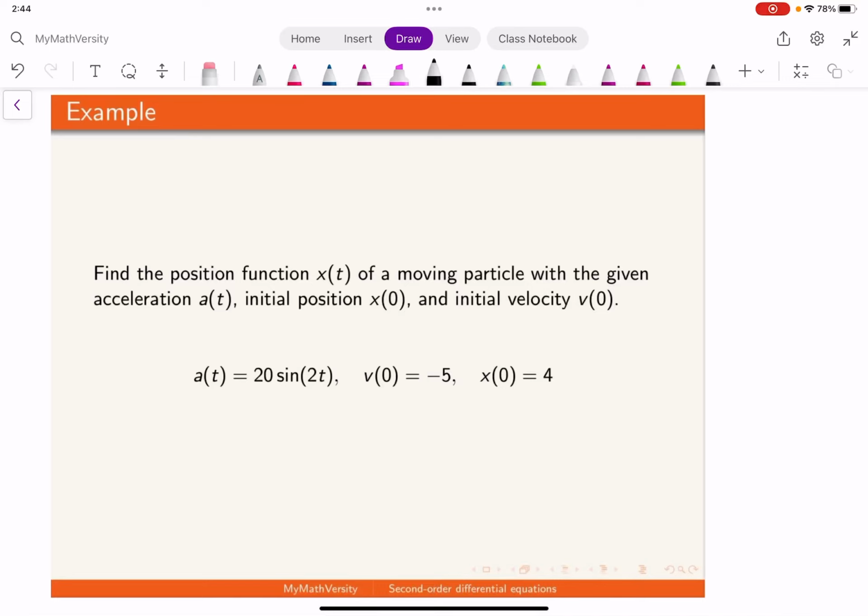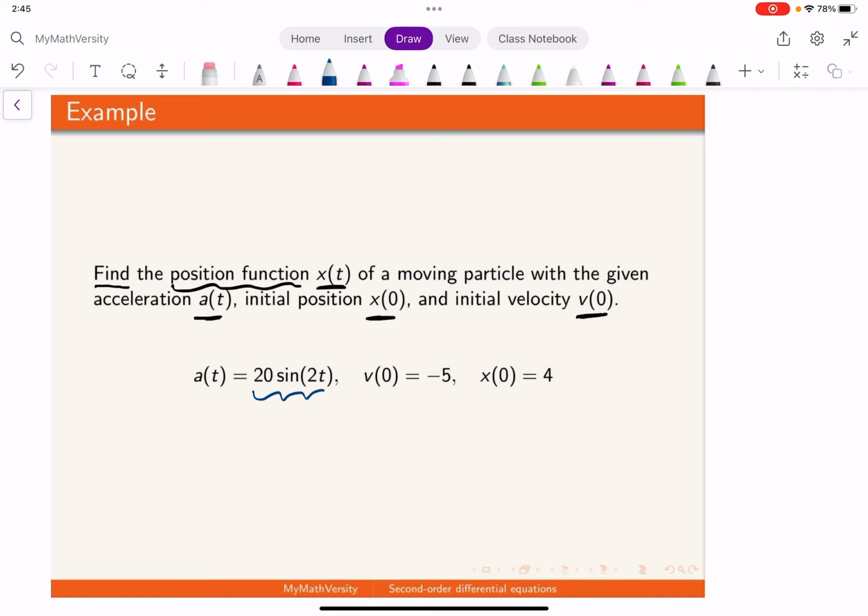In this example, we need to find the position function, represented by x of t, of a moving particle with the given acceleration, represented by a of t. We are also given the initial position, x at 0, and the initial velocity, represented by v at 0. So we have been given this acceleration function